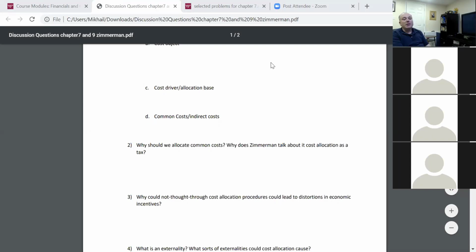Anyway, just as in taxation, there is no clearly correct answer. There is no clearly correct answer in cost allocation. You need to just be aware of the trade-offs. And I think everything we talked about illustrated it even more.